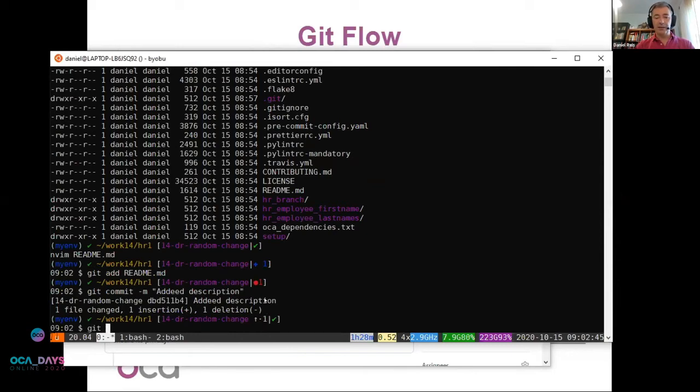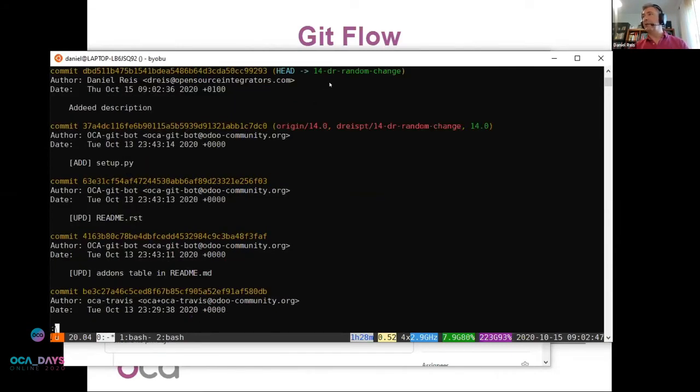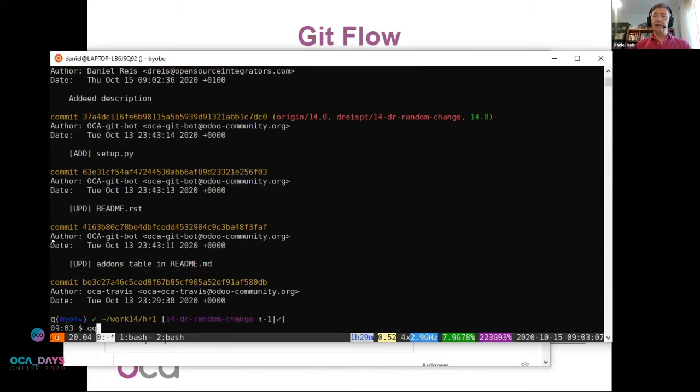If I type git log, I can see that my branch is here and the 14.0 branch started here. So this is the commit matching origin 14.0, and my current head and 14.0 branch is here. So I have this commit on top of this. So usually sometimes you might even push this, but the reviewer might say, okay, those fixes should be squashed into a